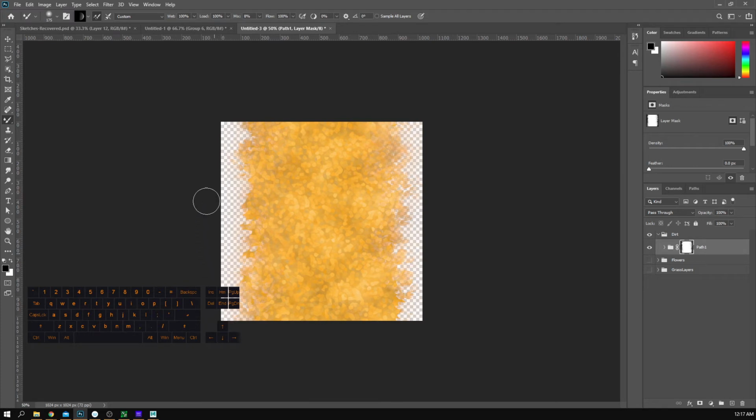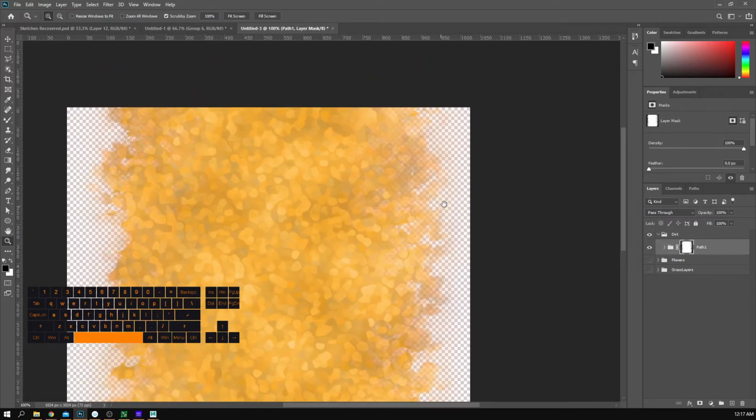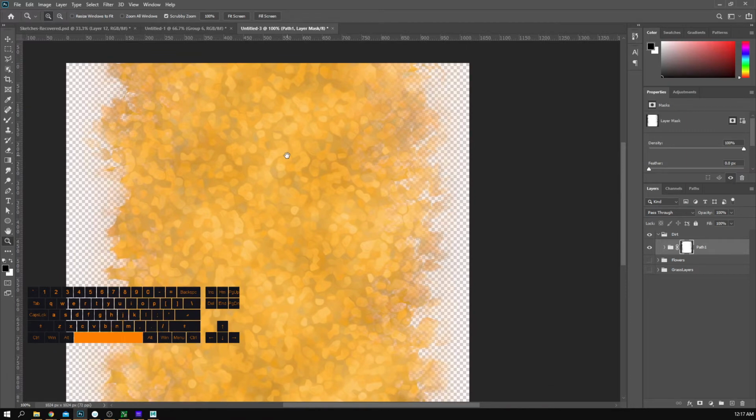And again, we're doing this because we don't want to have, especially around these edges right here, a really weird halo or edge that could show up if we were to paint this and have a sloppy corner here. We want to make sure that this is completely